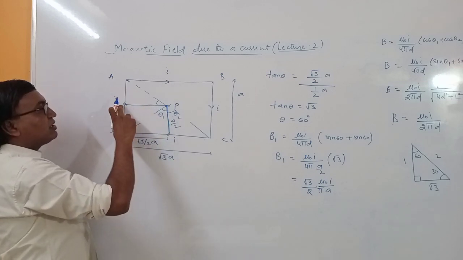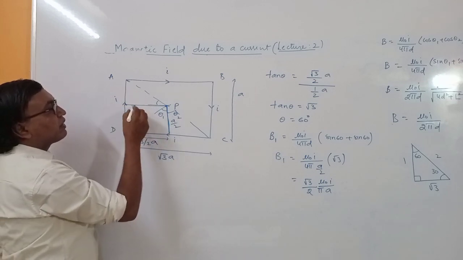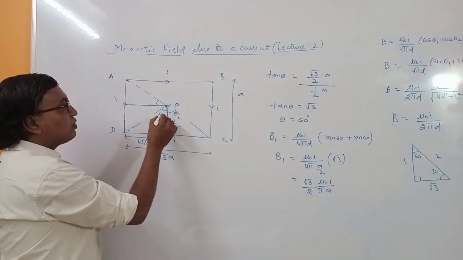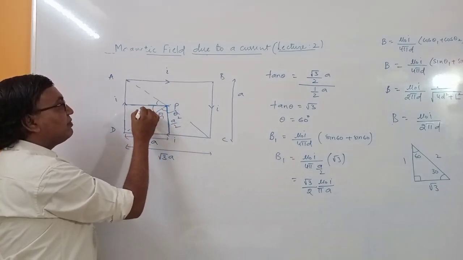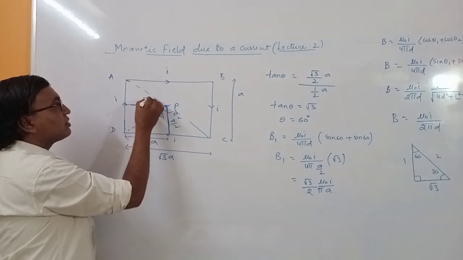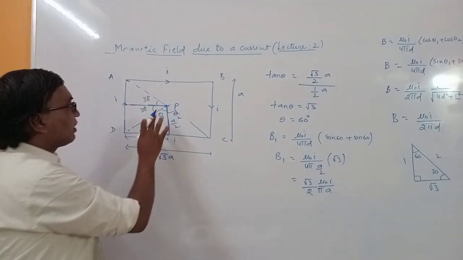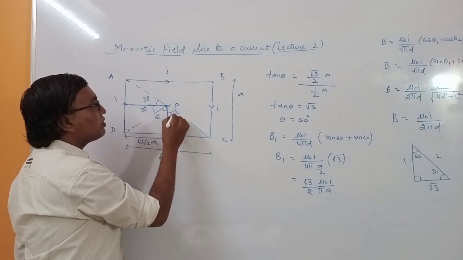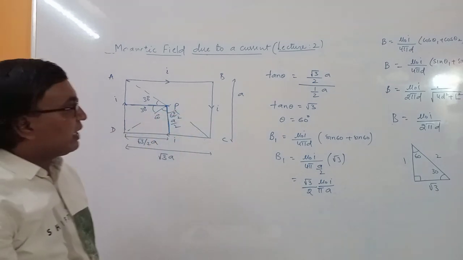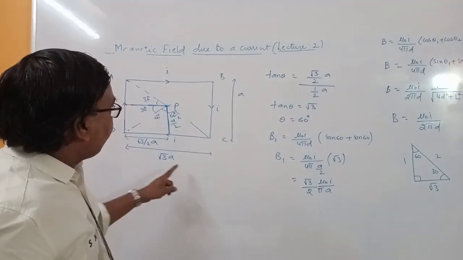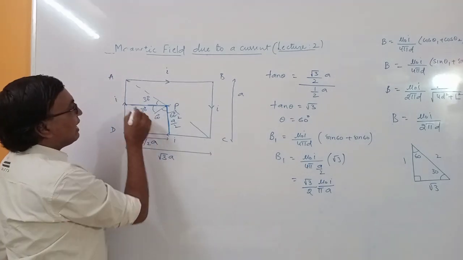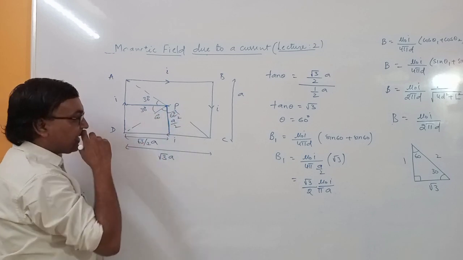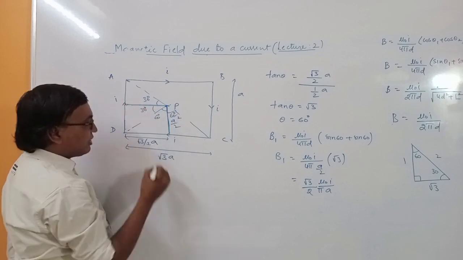Then similarly we can find out B2. See here, this opposite side is half and this side is root 3 by 2a. So if this angle is 60, this angle will be 30 degrees. So this will be 30. So here I will represent the angle 60. This is also 60. Okay. So then magnetic field due to this part and this distance is very important. Distance D is root 3 by 2a. तो यहाँ पे magnetic field इसको बोलेंगे B2.